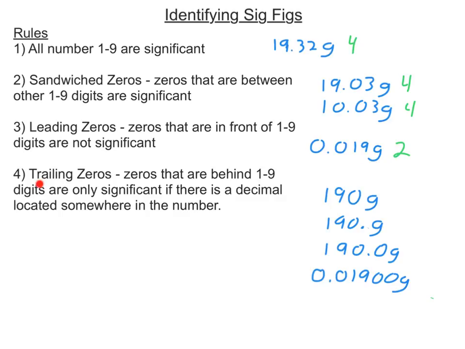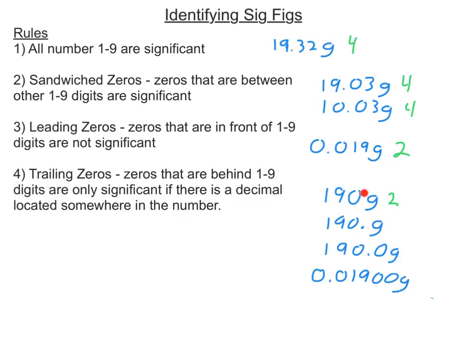Lastly, trailing zeros. These are zeros that are behind numbers 1 through 9. They are only significant if there is a decimal. So whenever you see trailing zeros, ones at the end, a little alarm bell should go off in your head that says check for a decimal. So here, 1, 9, those are significant in this 190 grams. This 0 is at the end. It's trailing. Check for a decimal. There is no decimal anywhere in here, so there are only 2 significant figures because that trailing 0 does not count. On the other hand, this next one, 190 with a decimal,